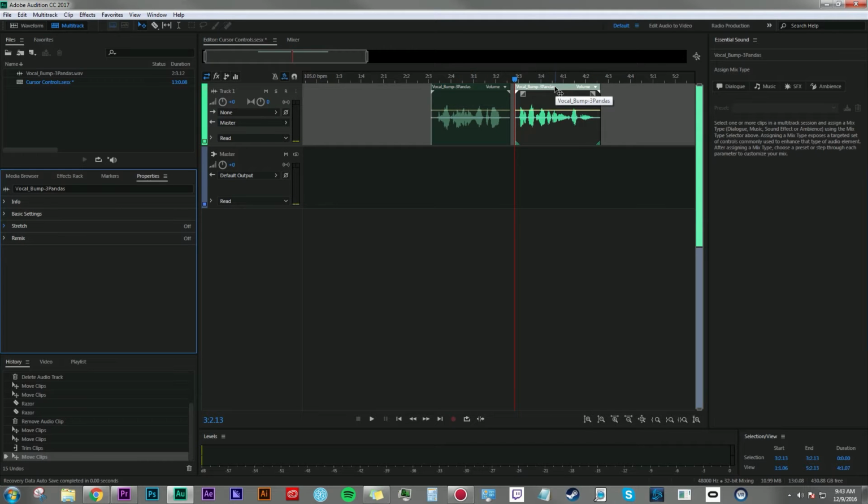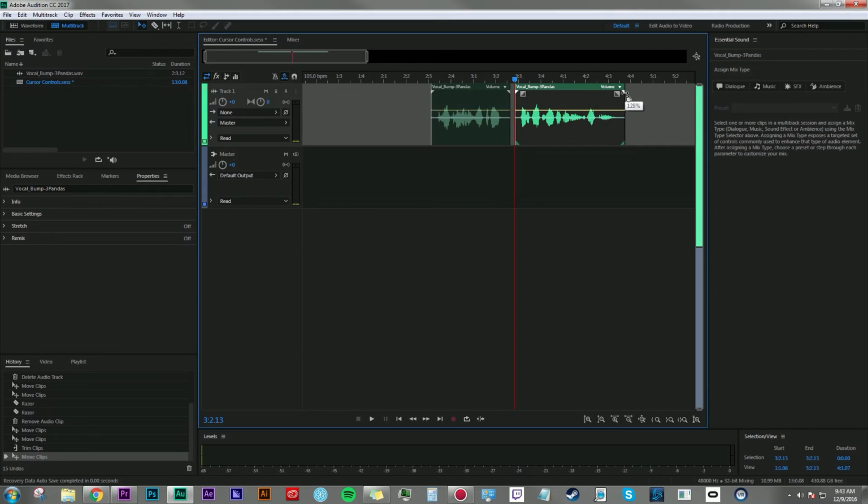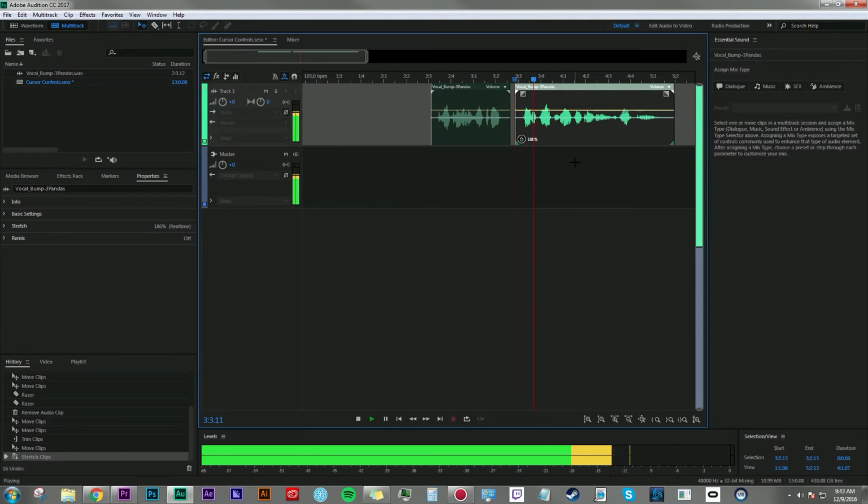Another cursor control that I use quite a bit is the ability to manipulate the speed of a clip, or to stretch a clip. If I move my mouse up to the upper corner here, you'll see that my cursor turns into a left and right arrow with a stopwatch underneath it. From there I can click and drag, and you'll see that the percentage goes up. That means the clip is actually slowing down. So right now it is 186% slower. So if I play this clip,